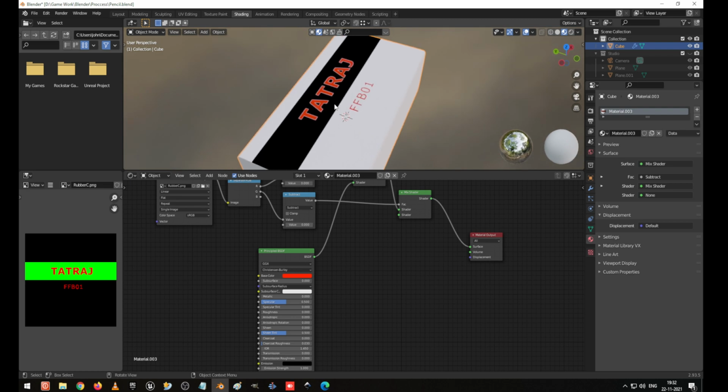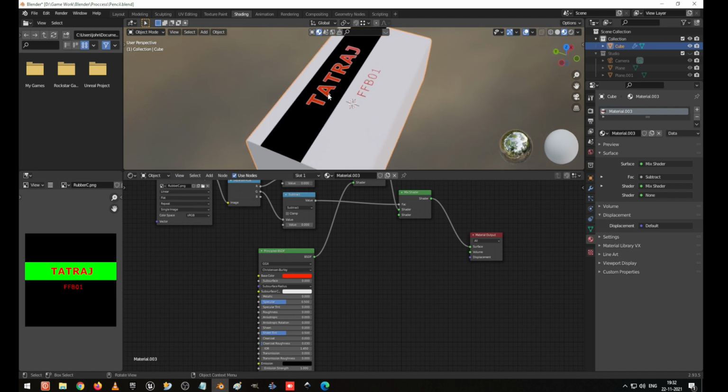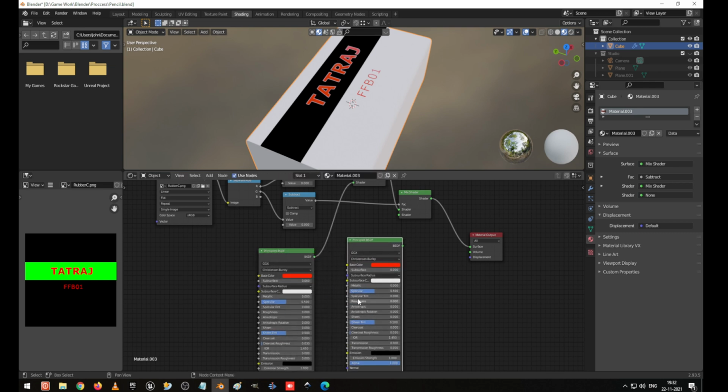Okay, now this one, instead of red, this back color I am going to give a little bit different. What color can we give? Okay, let's decide. I just duplicate it, Shift D, and this roughness I am going to increase a little bit, and this color I am going to give as background, which will be nice. So I am going to give a little bit dark gray. So let me see how it looks.